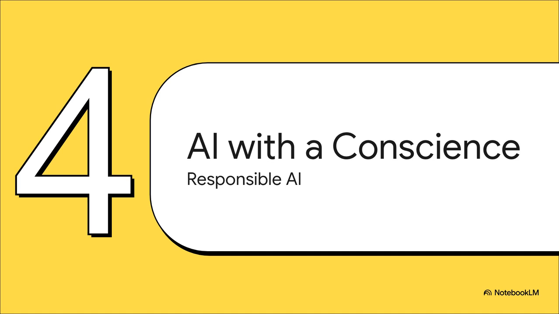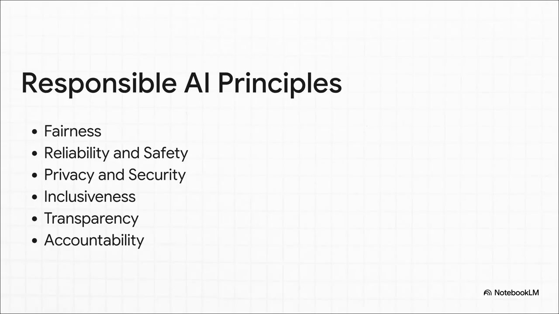Okay, we've talked about the what, we've covered the key vocabulary, and we've looked at the main tools. But there's one last piece to this puzzle, and you know what? It might just be the most important part. It's about how we build this stuff responsibly. A really great way to think about this comes from Microsoft's framework for responsible AI. And they've boiled it all down to just six core principles that should guide every single thing we build. And these six principles are basically the questions we should always be asking. Is our AI system fair? Is it reliable and safe? Does it protect people's privacy? Is it inclusive of everyone? Can we explain how it makes decisions? Is it transparent? And finally, who is accountable when things go wrong?